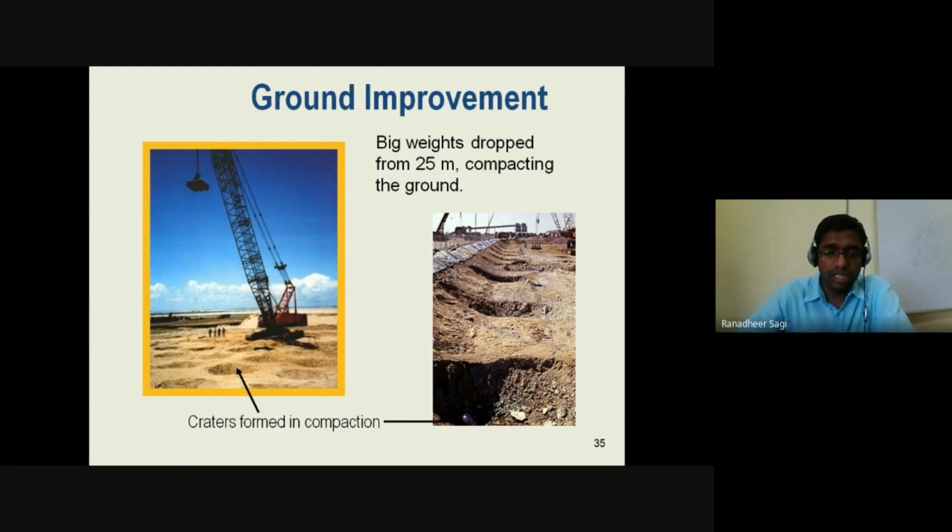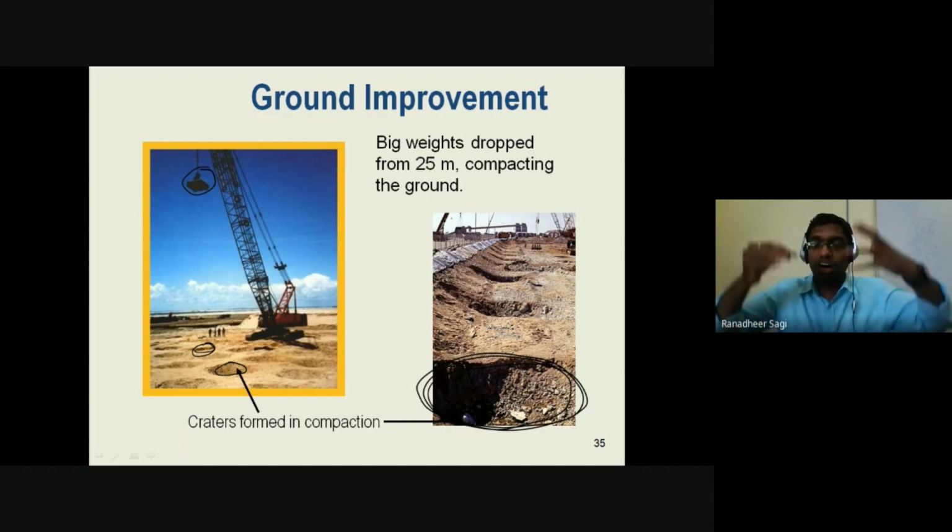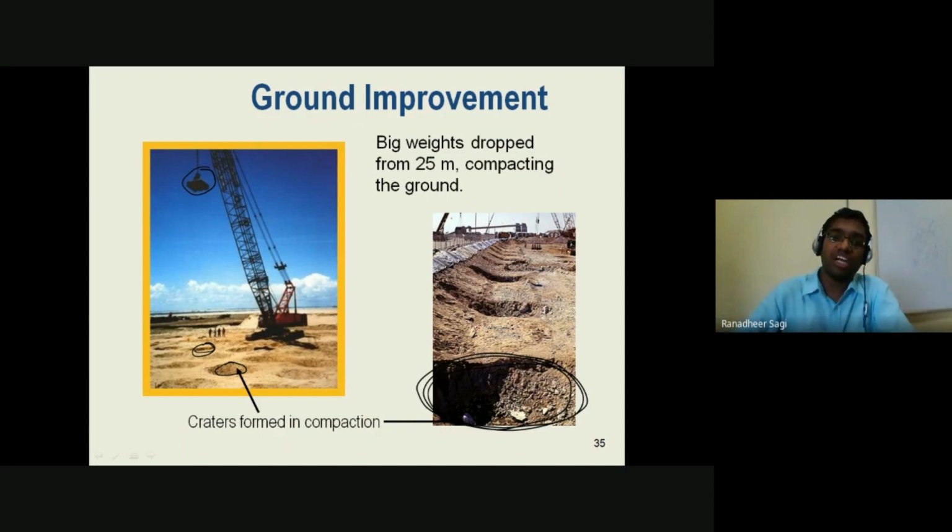If you look here, you can see some weights being dropped from a certain height, and whenever the weights are dropped, you can see an impression getting formed on the ground surface, which is an indication that the soil in the region where the impact load is dropped is getting more compressed. You can see some large impressions getting formed in the ground, which we call craters. This large impression indicates that the soil in that region got more compressed because of the sudden load you have dropped. So according to your requirement, you should continuously drop those weights at different places in that complete area to achieve your required density.